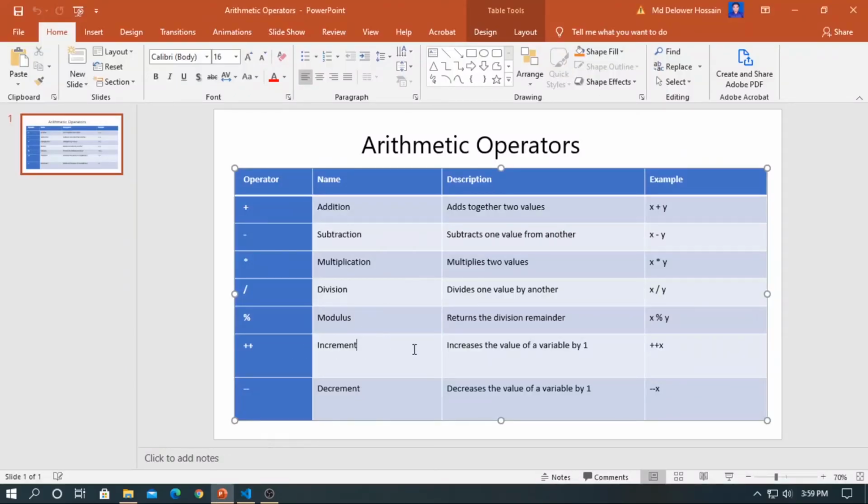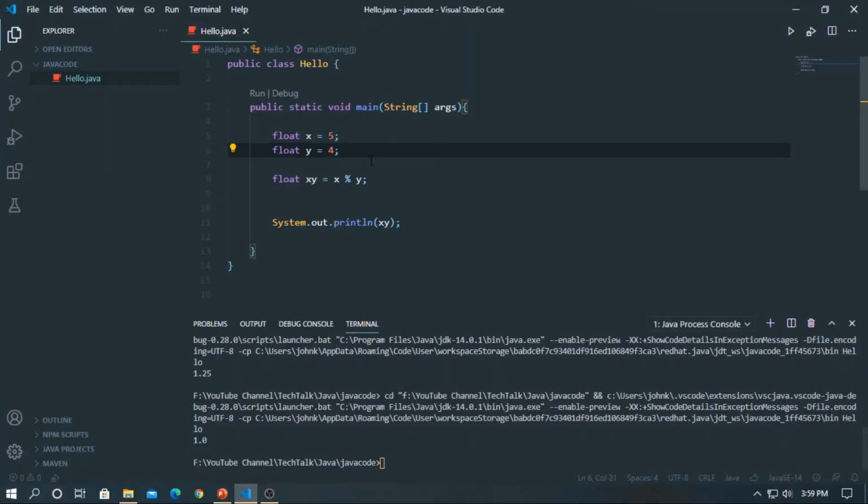Next one is the increment operator. The increment operator is related to addition, or the plus sign. So in the example, an increment operator increases the variable value by 1. So plus plus, double plus, or plus plus x, that means the value of x will be incremented by 1. Let's see. So here the value of the x variable is 5.